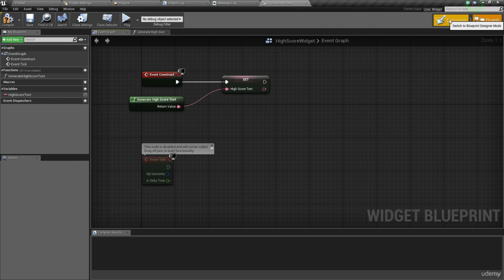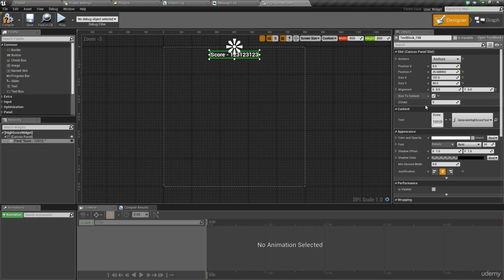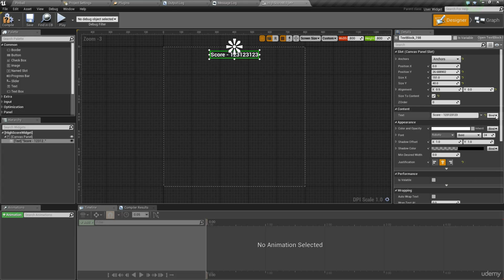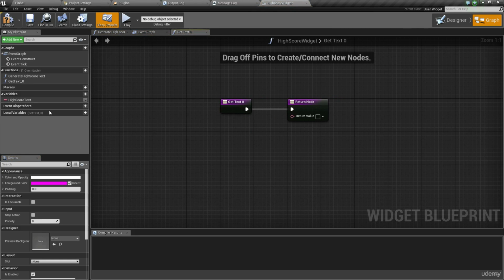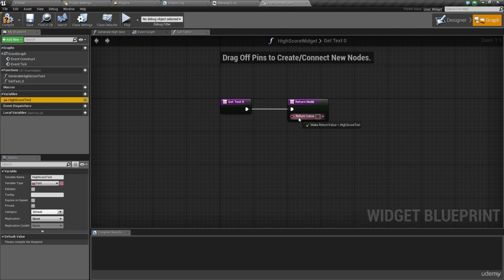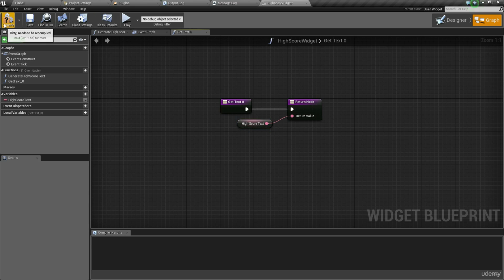It's at this point that I'm going to go back to the designer for a moment, click on the high score, and where this says currently that this is bound to generate high score text, I'm just going to remove that binding, and instead I'm going to create a new binding that's going to be far simpler. So simple in fact that it looks like that. So what's going to happen now